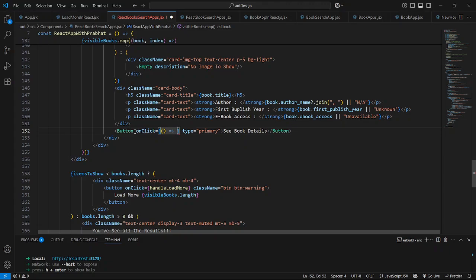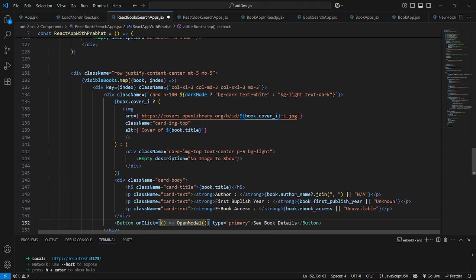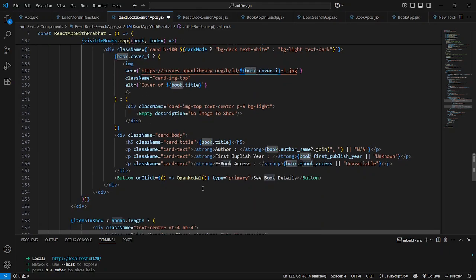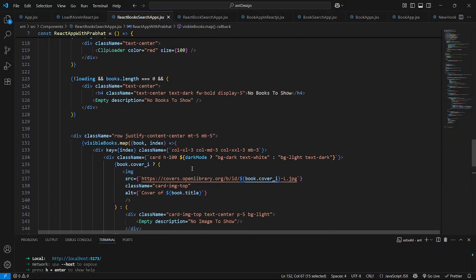I'll just say here method name open modal. Okay, open modal, and we will just pass here this, the entire book object, into this method open modal. So we have to define it now. So copy now, and we have to define it,